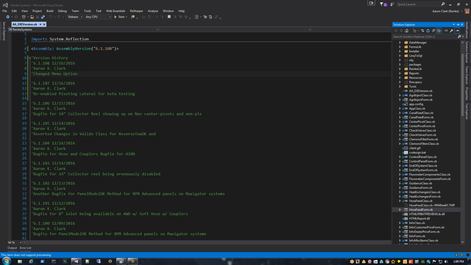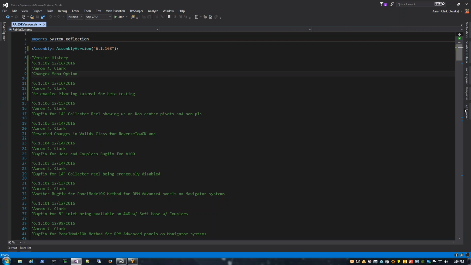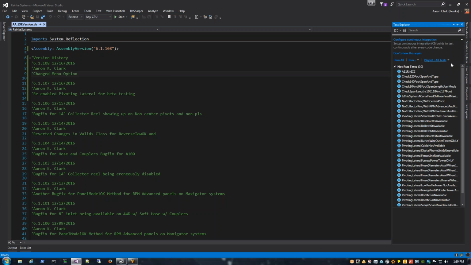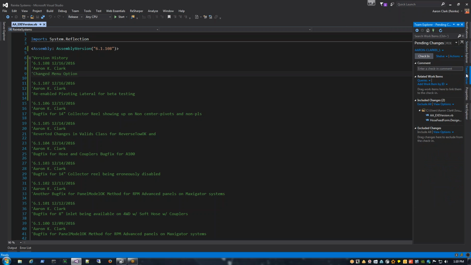Alright, this is a video of how we publish a binary to beta. So first thing we do is we go to our Solution Explorer and we modify our code. We'll go to Team Explorer, okay, and we'll see that we'll have something changed, and then we'll always modify our AAEXE version to bump up